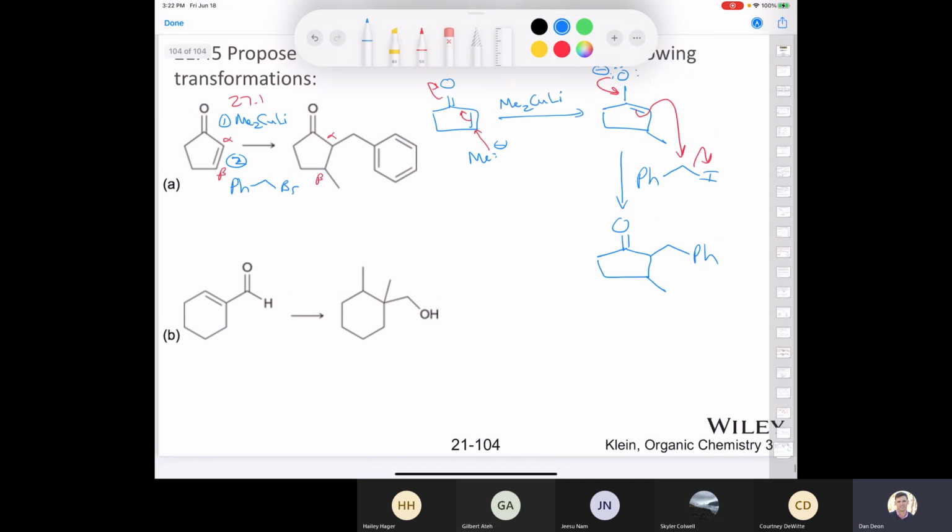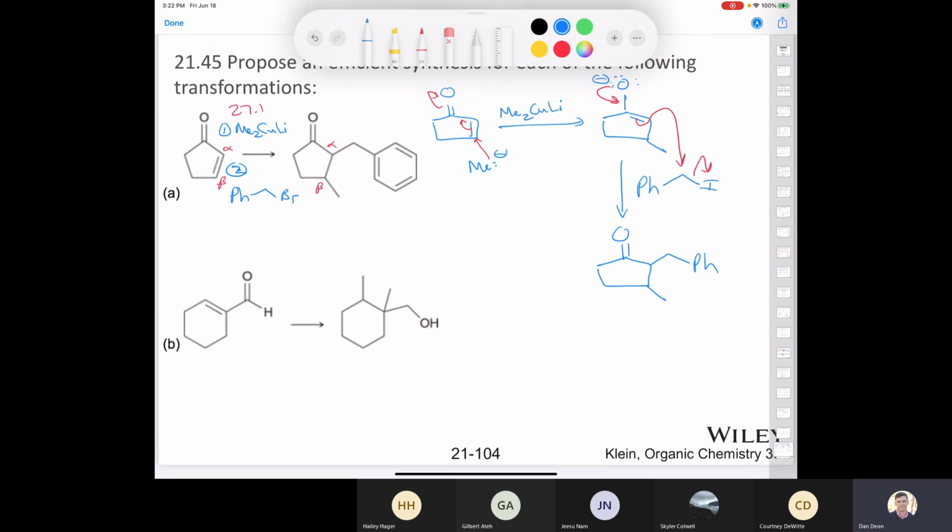And then for the last one, we have an alpha beta unsaturated aldehyde. And we're trying to figure out how to make this alcohol here. Well, you can see that you've added something at the alpha carbon here, and you've also added something at the beta carbon. So we're going to use a similar strategy to what we did the last time, right? If we were to take this starting material and treat it with the methyl cuprate, as I should call it,